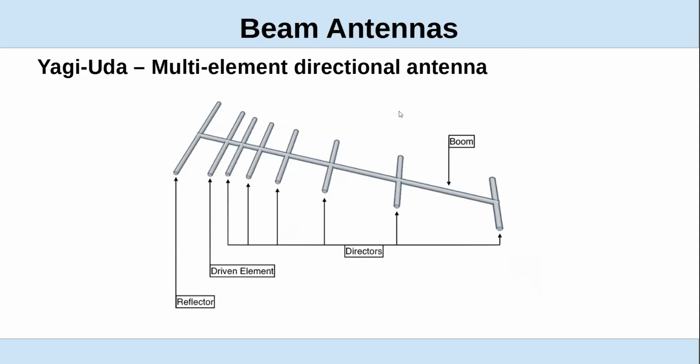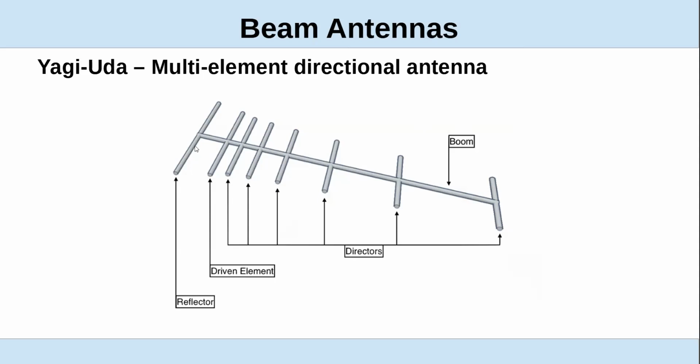Okay, the famous Yagi-Uda, it's a multi-element directional antenna. It consists of a driven element and usually only one reflector, and then additional, what we call directors. And the way it works, as I understand it, is